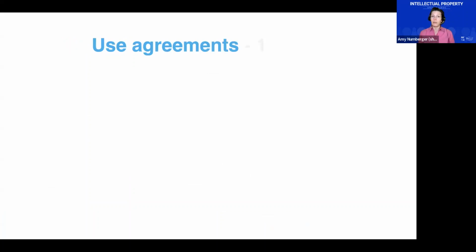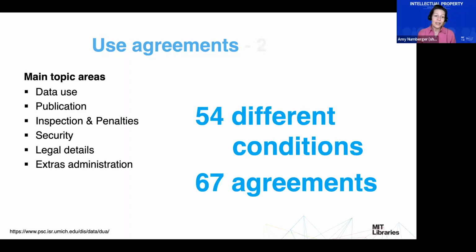Finally, we get to the area of use agreements, and this is something that steps a little bit beyond licenses. As I mentioned before, use agreements are usually very nice to have in hand when you're pursuing a partnership or a collaboration with either a research partner or someone who's interested in using your research information. Now, here there's a resource from the University of Michigan office that is just really nice. They have this great catalog of data use agreements. And the last time I checked, it had 67 agreements with 54 different types of conditions associated with those data